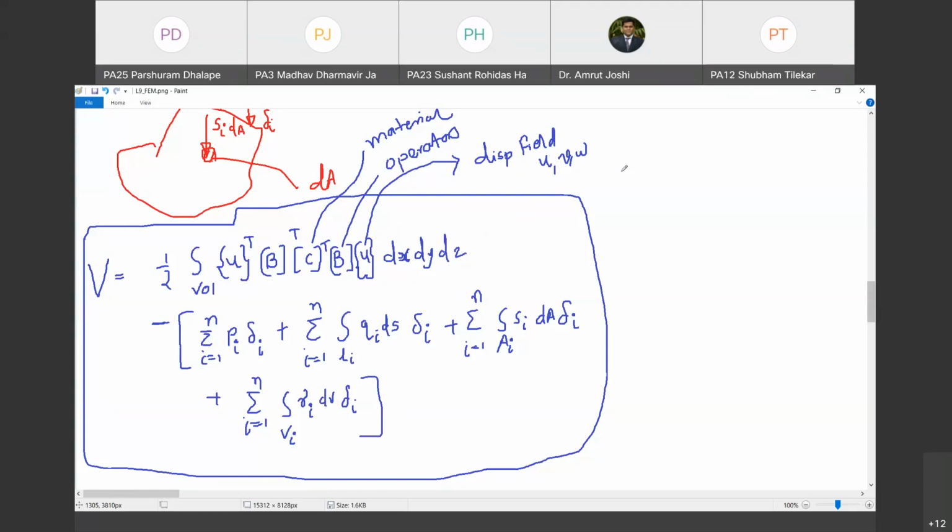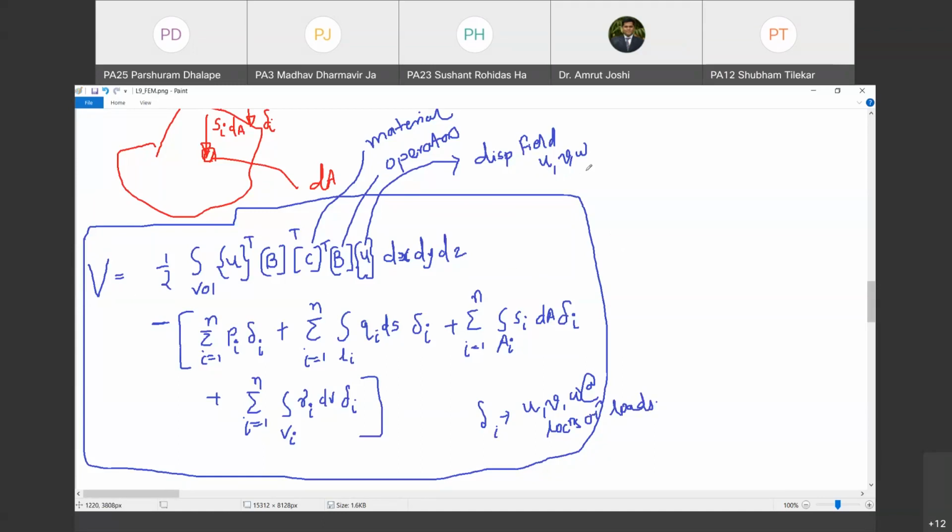What about the second term? Everywhere that delta_i is in turn a function of U, V and W at particular locations. Do you agree with me? U, V, W at the locations of these loads. Do you agree with me? Yes. So therefore, this potential energy now is a function of displacement field UVW. Would you agree with me? Type your response in chat box.